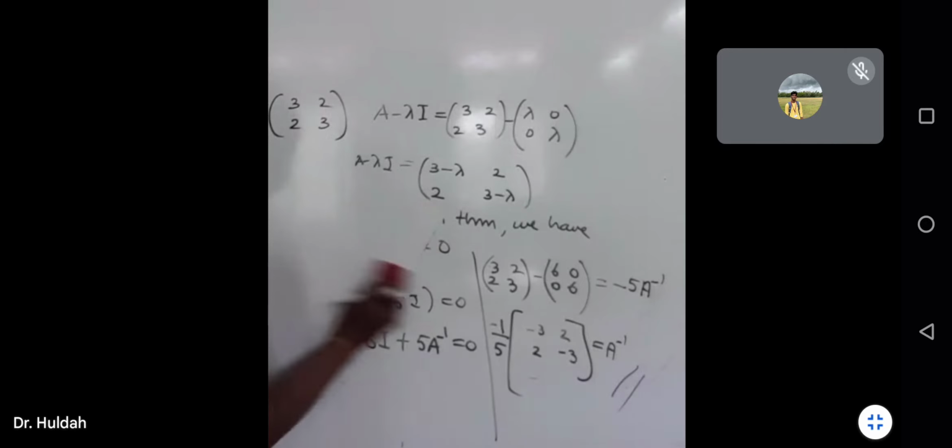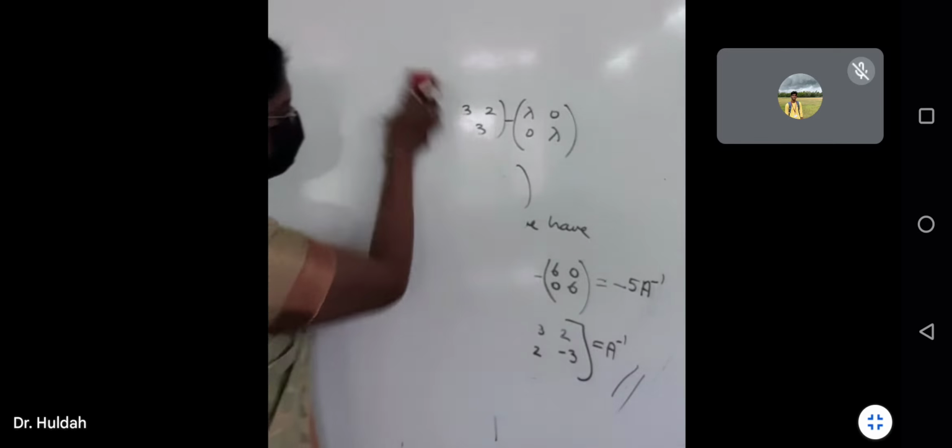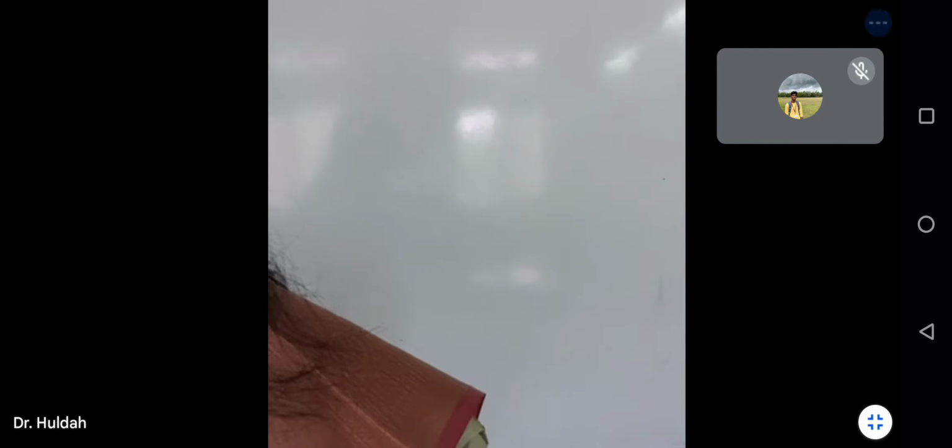Unit 2, first thing that I want you to do is solving equations. When I'm given a quadratic equation or a cubic equation and asked to solve, you get some answers. Those values are called roots of the equation. Why are they called roots? Because if you substitute those values in the given equation, the equation gets satisfied. That is why they are called roots of the equation, not just values. Understood?